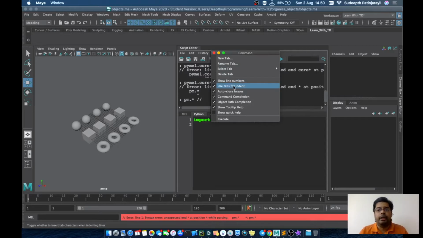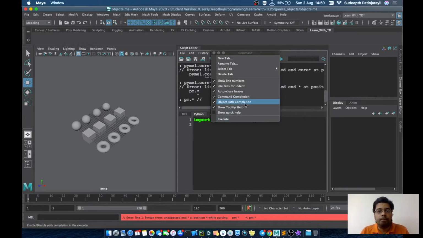Use Tab for Indent: instead of spaces, it will use tab for indenting. Indenting is very important in Python, so use this option also. Auto Close Braces: if you open braces, it will automatically close them. And Command Completion is very important. Your command will be completed, and auto suggestions will be there if you turn on command completion.